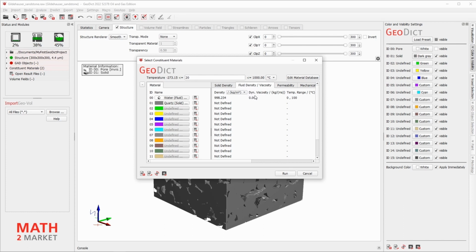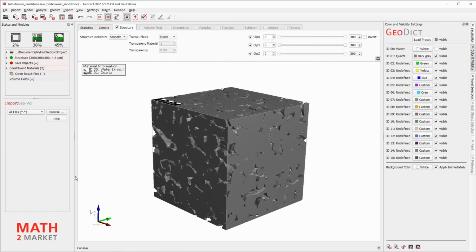Click Run to insert these parameters. And as you can see from the material information legend, we now have water in our pores and quartz as solid material or grains.